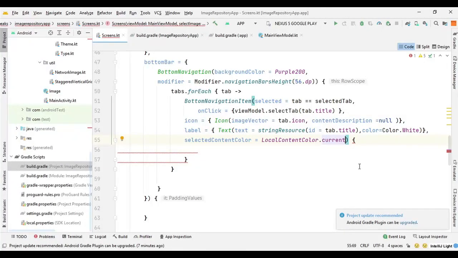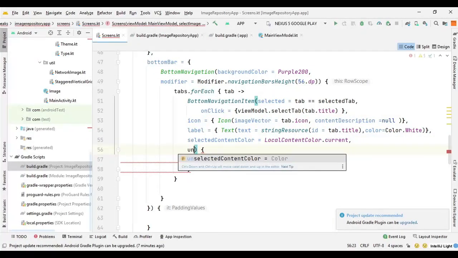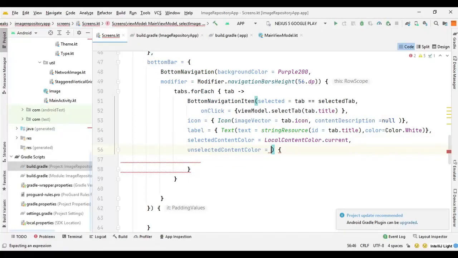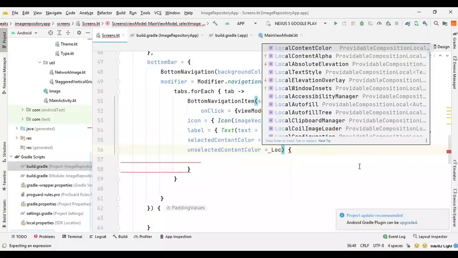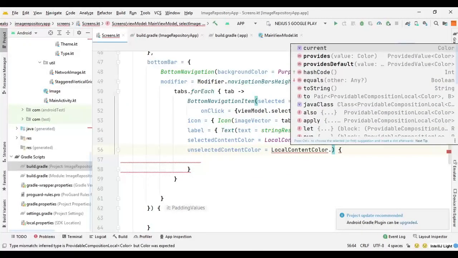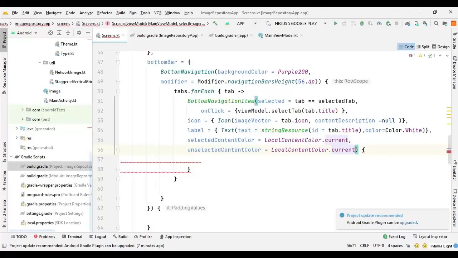And we also need a color for unselected content, means unselected tab, we can set it to the same. If you want you can set it to something else, it's your choice.